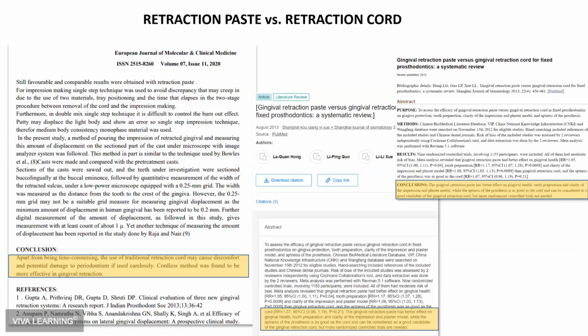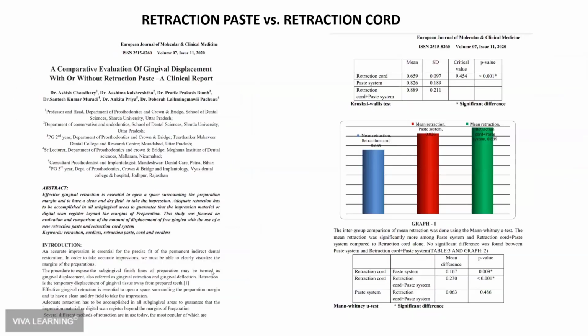When preparing this presentation for today, I read some comparative studies between the retraction cord and the retraction paste. Because the retraction cord is still considered the gold standard, I was expecting that it would give us a much better retraction than the retraction paste. And actually, in reality, I was surprised to see that, as you can see in this graph, the blue bar